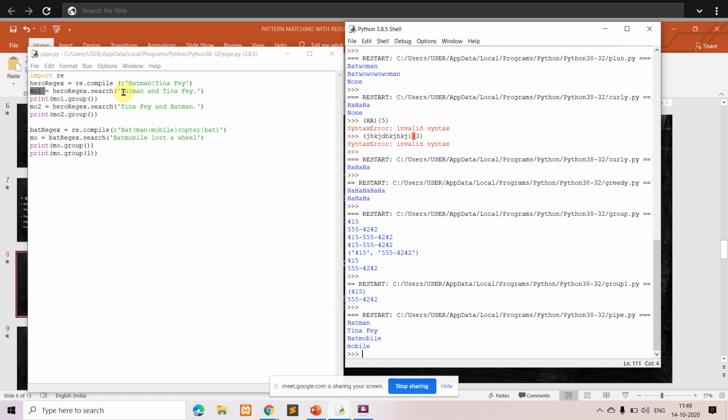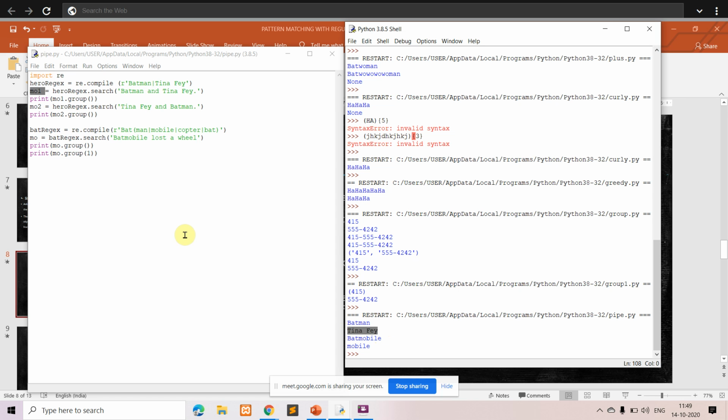You have passed Batman and Tina Fey, and the pattern is Batman, the pipe symbol representing or, Tina Fey. Both are there, so only the first occurrence will be displayed. In this case, Batman is displayed. Similarly, in the next example the first is Tina Fey, so Tina Fey is displayed.